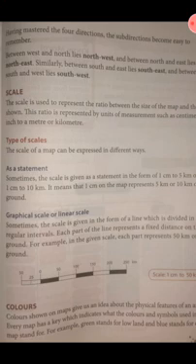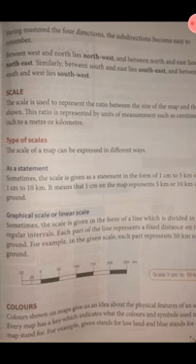It means that 1 centimeter on the map represents 5 kilometers or 10 kilometers on the ground. So students, first of all, the scale is used to represent the ratio between the size of the map and the area which is shown on the map. It is telling about representing the ratio between them. That ratio is represented by units of measurement such as centimeter.